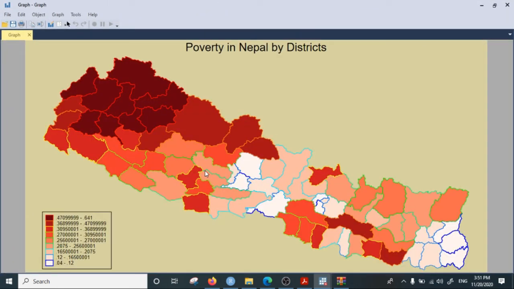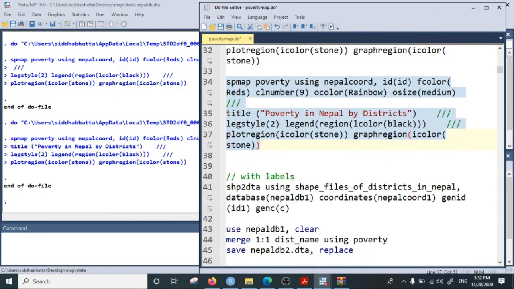The O color feature separates the boundary of the districts as different colors. The rainbow color means the poorest districts are with red boundary, and the richest districts, meaning the districts with the lowest poverty rates, have been drawn with blue boundary. So in this way, you can change the color scheme, you can play with the background,